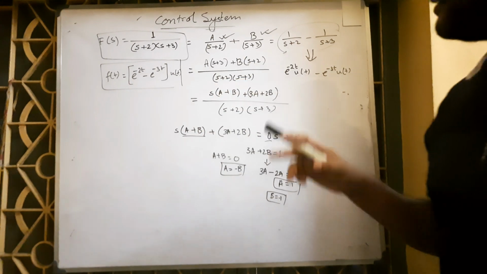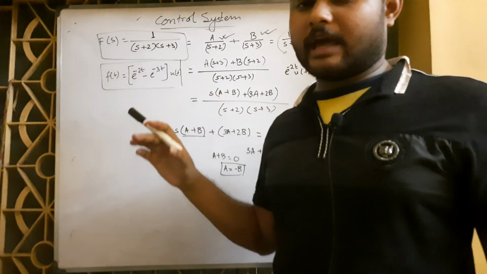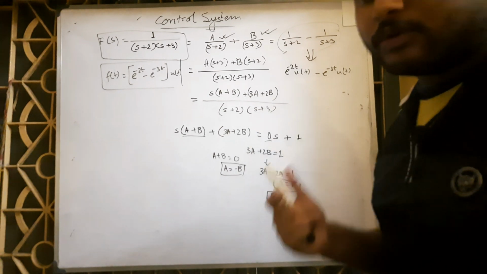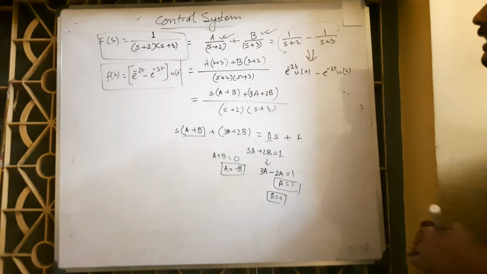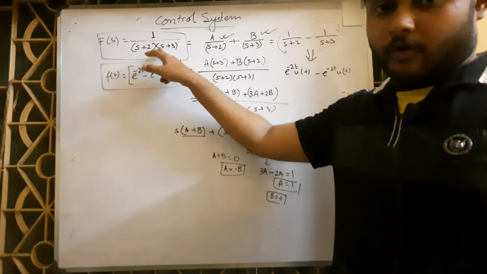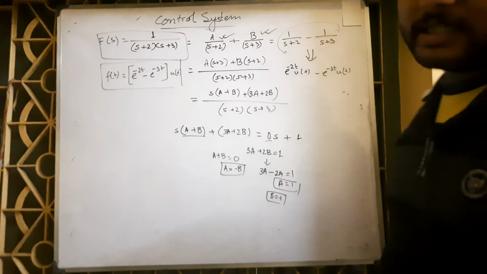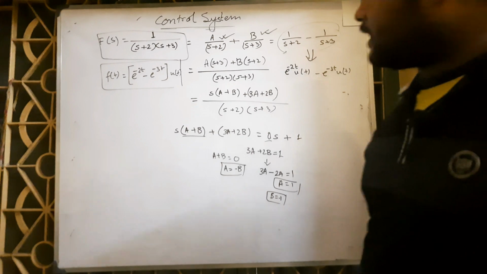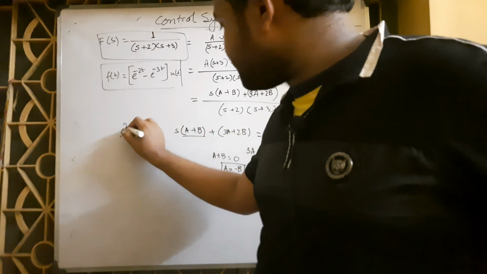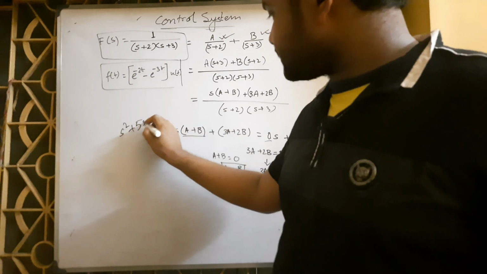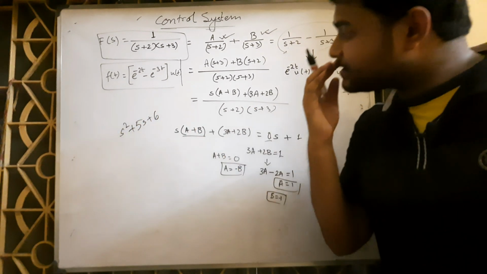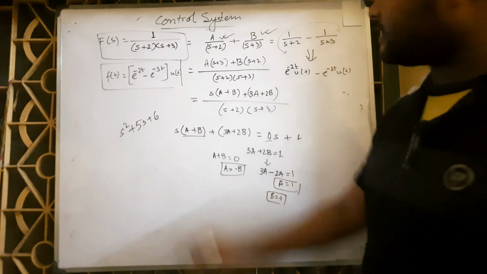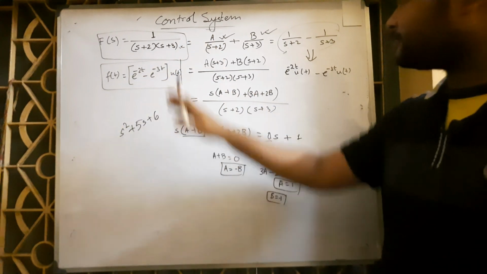So partial fraction is something very useful, actually in terms of inverse Laplace transform, and it is useful for one more thing. If it is given in this form, then you cannot convert that into some summation of square terms. Now if it is given in a square plus 5s plus 6 form, then you might think first it can be converted. So every time you get a question, if it is in this form, don't worry, just use partial fraction,